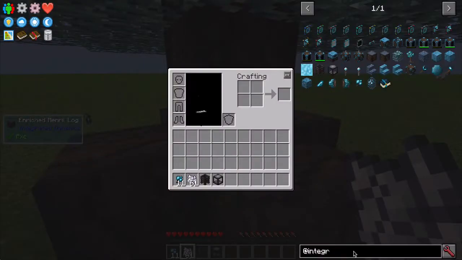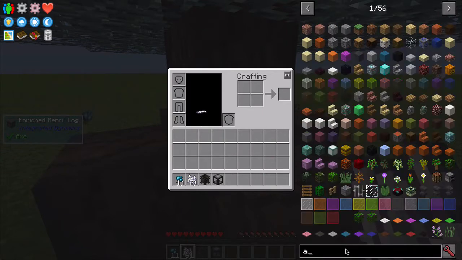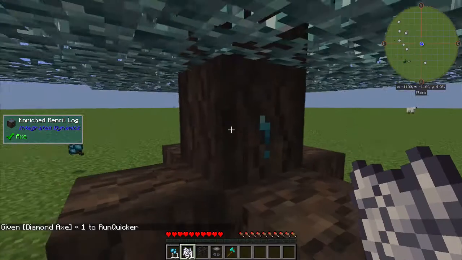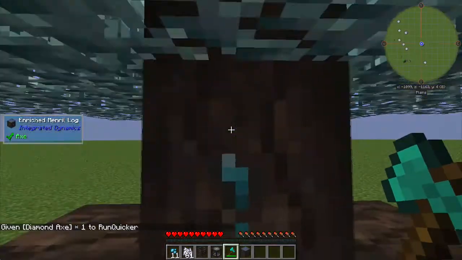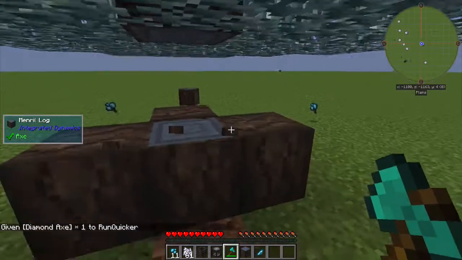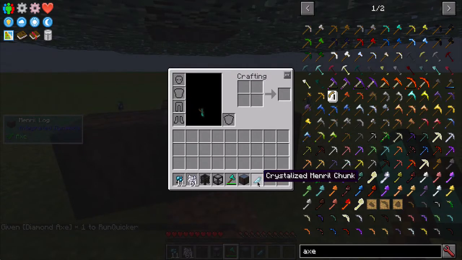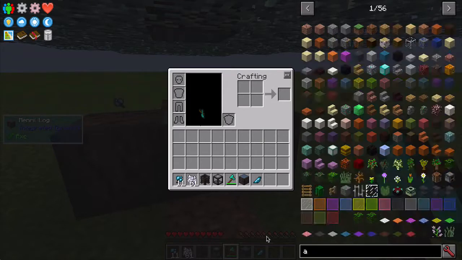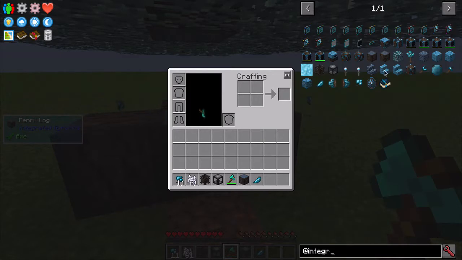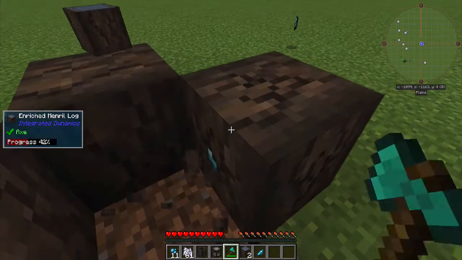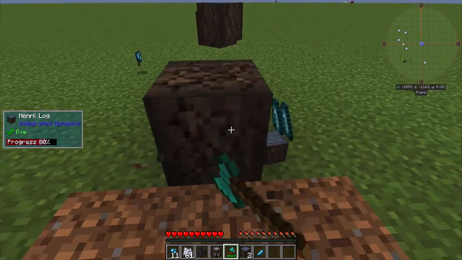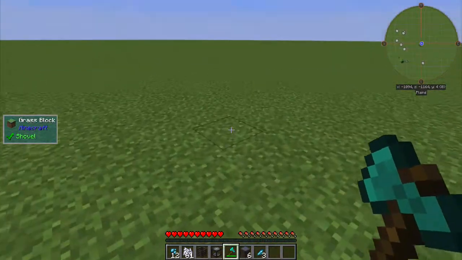So I'm just going to give myself an axe. If we break a regular log, you get a mineral log, but if you break one of these enriched ones, you'll get some of these chunks as well. These chunks are essential to crafting most of the Integrated Dynamics mod. Most of the recipes here involve these crystallized mineral chunks. The way we get hold of large amounts of this is we take our logs here and we set up